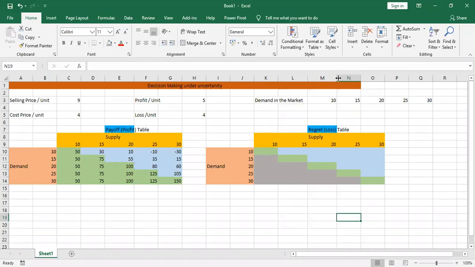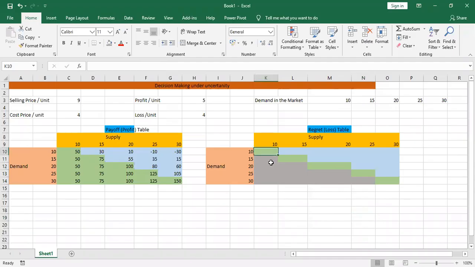You just tell me one thing. If I supply 10 units and demand is also 10 units, can I get any loss? No. I supply 10 units, demand is 10 units. That means there is no loss. If I supply 10 units, demand is 15. Is there any loss? Yes. What is that loss? Because 5 customers are remaining who did not receive a newspaper.